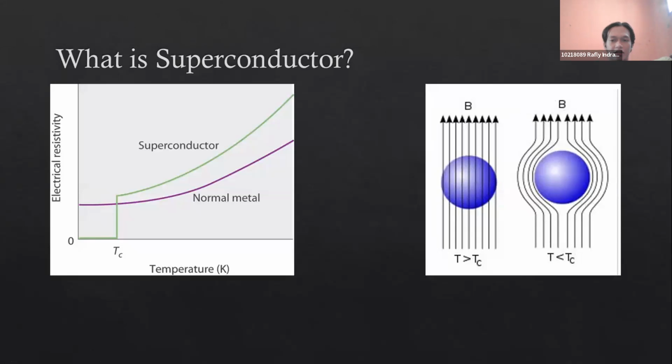Okay, and this is the graphic of the regular metal, regular conductor, and the superconductor. We can see that the normal metal will never reach zero resistivity, even if it reaches under the critical temperature. But the superconductor can reach zero electrical resistivity if it reaches under the critical temperature. And the right picture